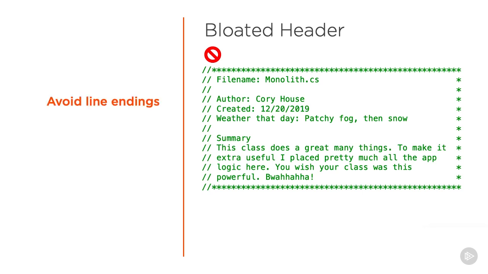First, avoid line endings on comments like this. Keeping those asterisks at the right place is really a hassle. Enough so that some developers may decide not to update the header at all to avoid it. Second, don't repeat yourself. The file name is completely obvious by viewing the file itself, and the author and the created date should be accessible via source control instead. Finally, rather than creating your own ad hoc style for comments, follow your language's style conventions.